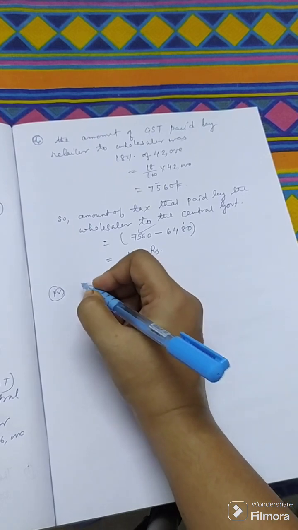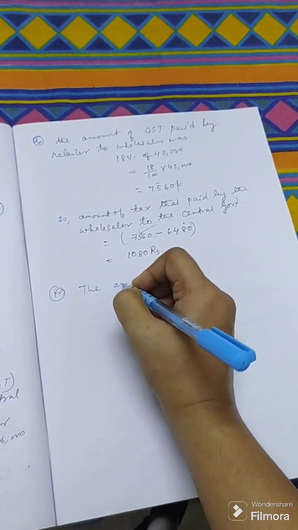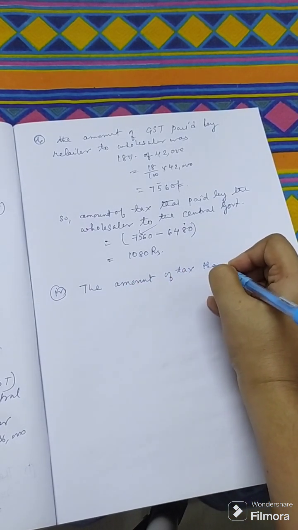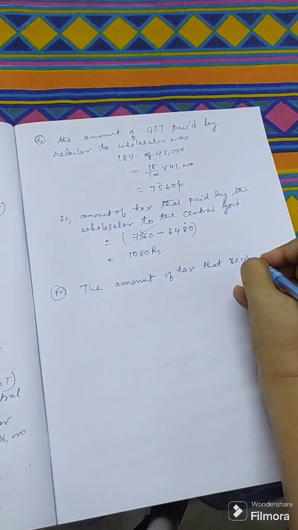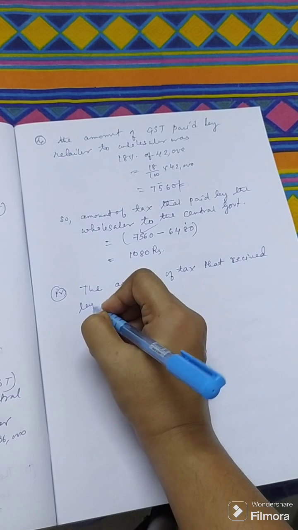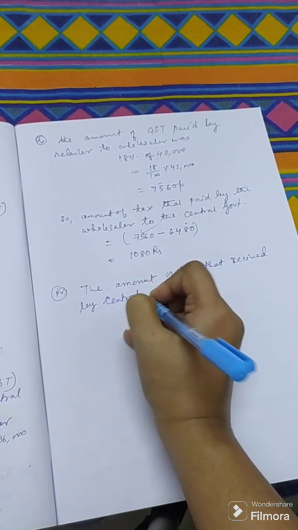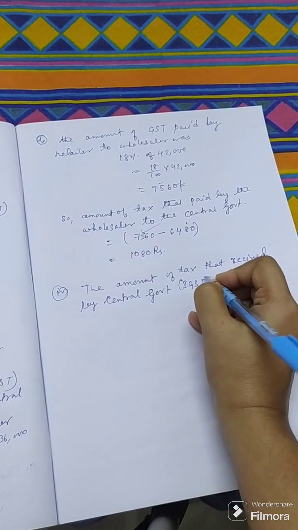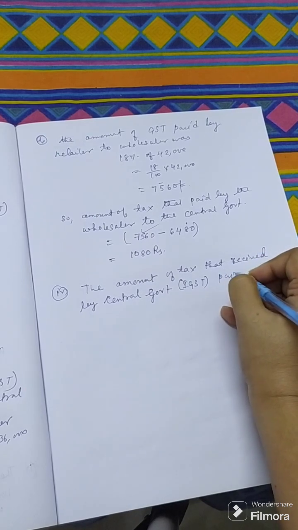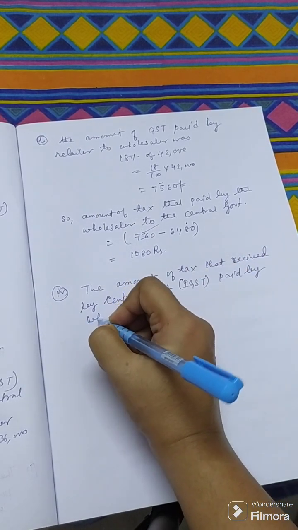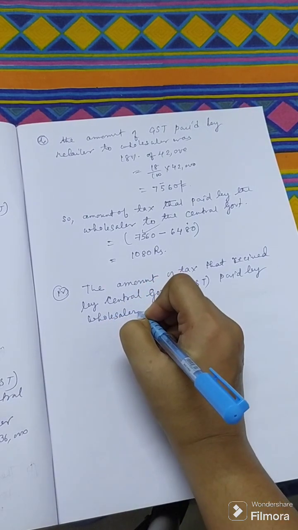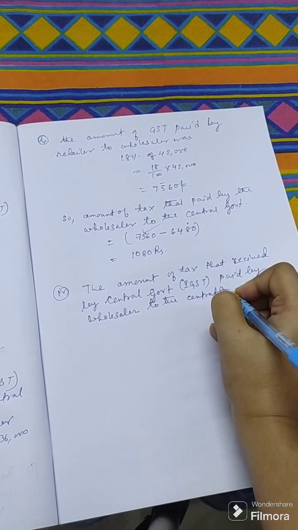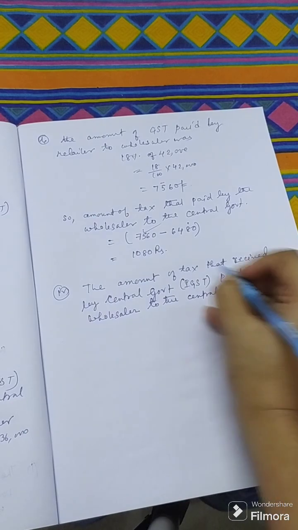The last question was the amount of tax received by the central government, that is IGST, integrated GST, paid by the wholesaler to the central government was 1,080, this,